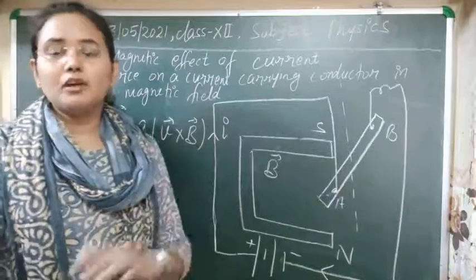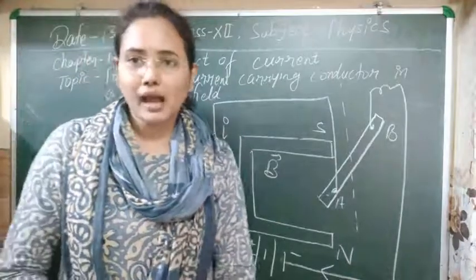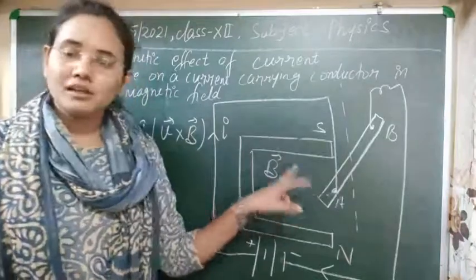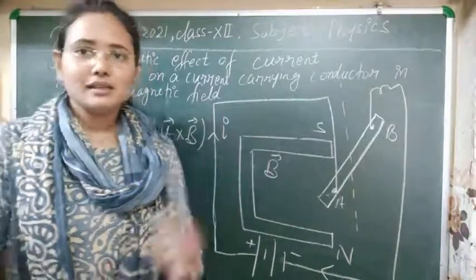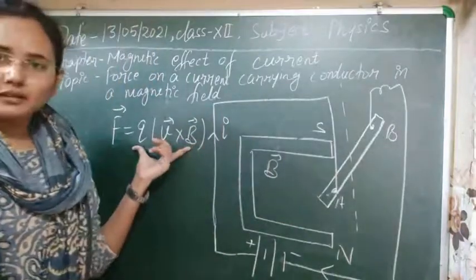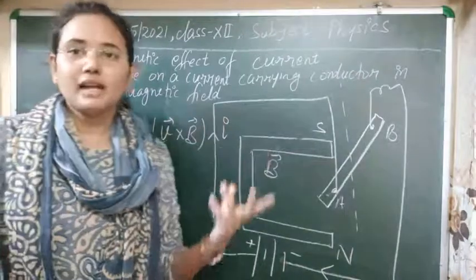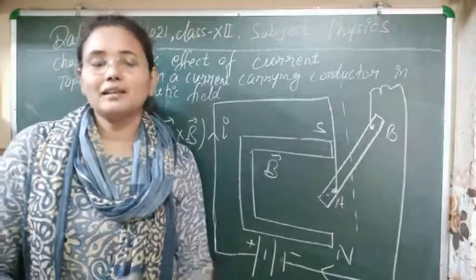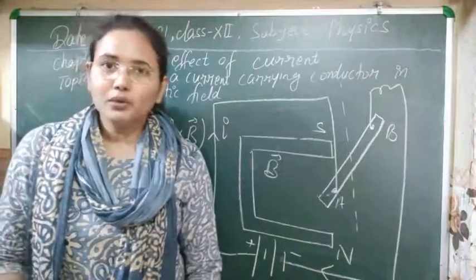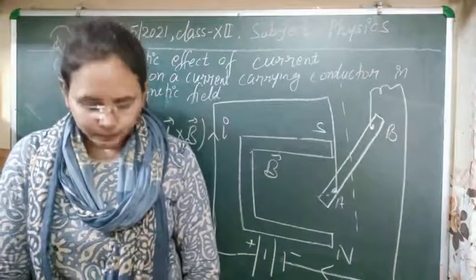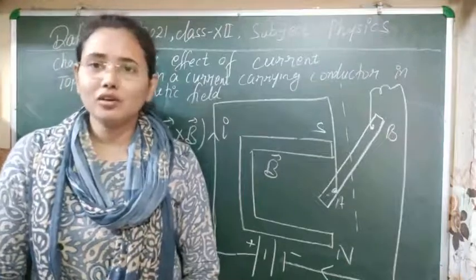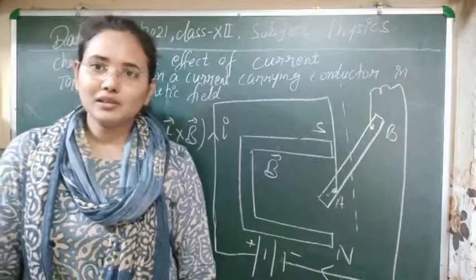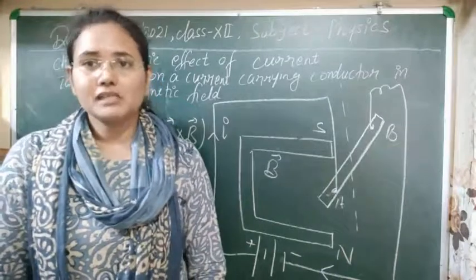Here we have a large number of moving charges, and due to their movement in the magnetic field, all the charges will experience this force, and due to that force in a particular direction, they will deflect in that direction. You already know you can find the direction of deflection, or the direction of force that the conductor is experiencing, by using Fleming's left hand rule.